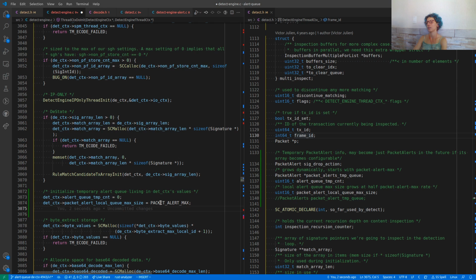Should I do things from inside this if? Because if we do not have a match array, it doesn't make sense to have a packet alert queue.